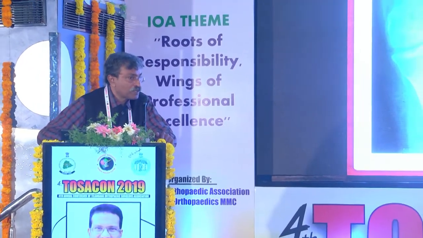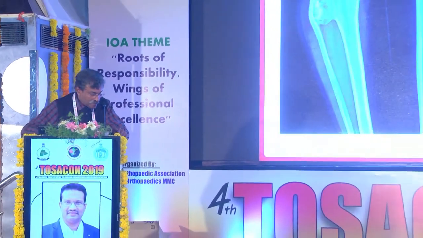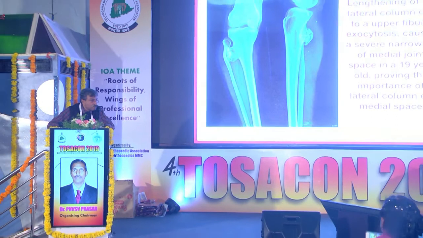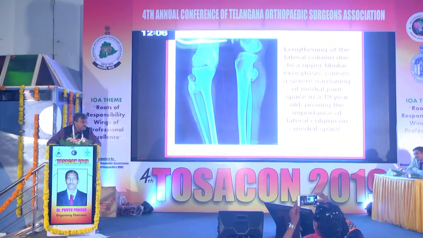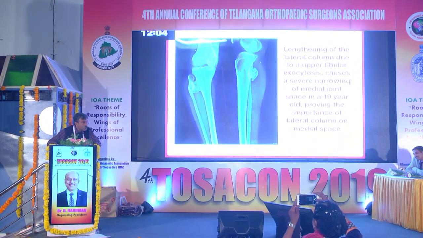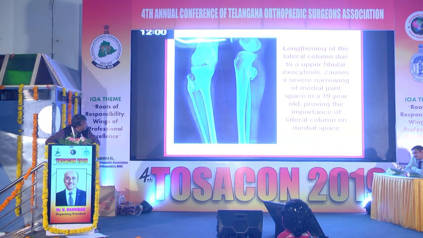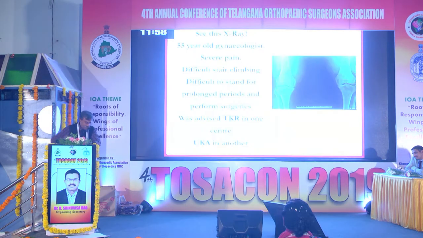If you look at patients who have had fractures of fibula accidentally, even stress fractures, their medial joint surface is somehow protected. Observation number 1. If any pathology comes to the fibula, it lengthens the lateral column, collapsing the medial column. That's a 14-year-old boy with exostosis and very severe medial OA.